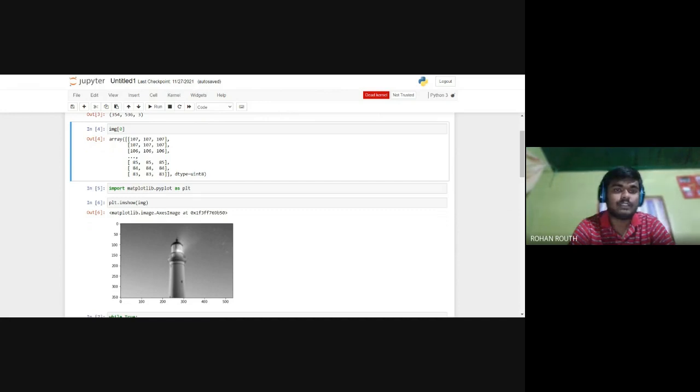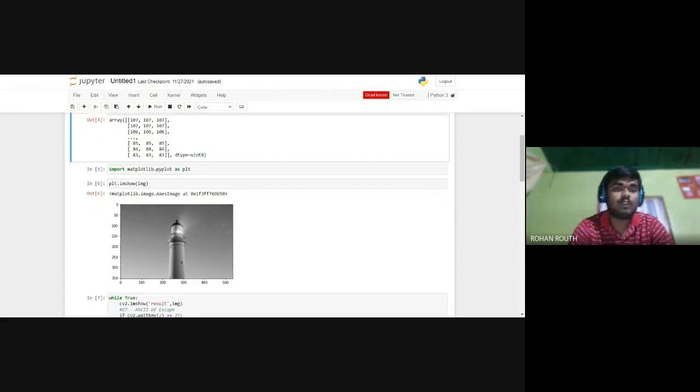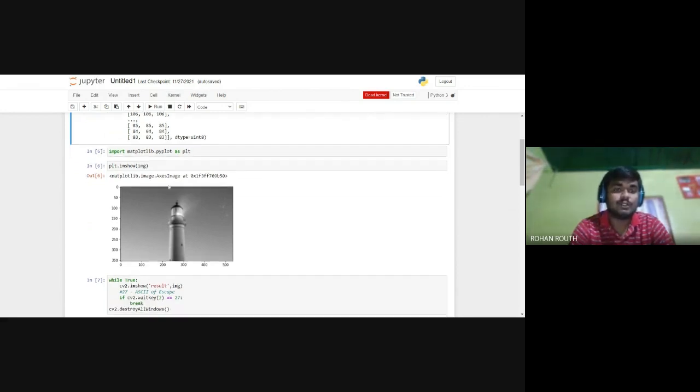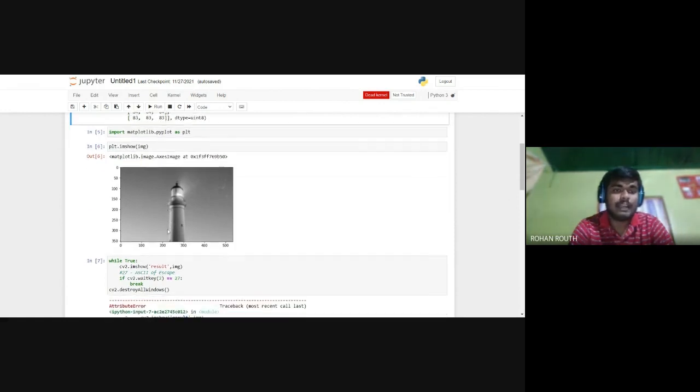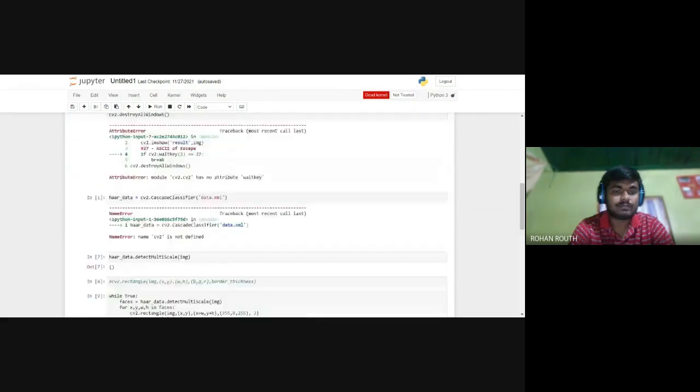And then in the fourth line, we are just plotting the array data of the image. So we have got this entire array here. This is actually a long array, but we have been shown just this much. And then we are also importing matplotlib here as plt. Matplotlib is another Python package that helps us plot the array and helps us visualize the images. So we are storing it in the image in imshow, and then